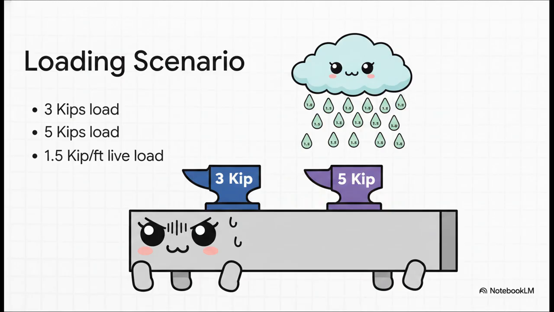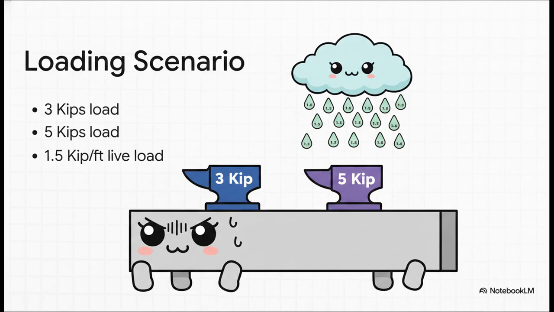Our beam spans a length of 20 feet, and it's carrying some pretty serious burdens. We have a concentrated point load of 3 kips. That's 3,000 pounds striking exactly at the 3.5-foot mark. There's another 5 kip point load out at the 13-foot mark. On top of all that, an ongoing uniform live load of 1.5 kips is pushing down on every single foot